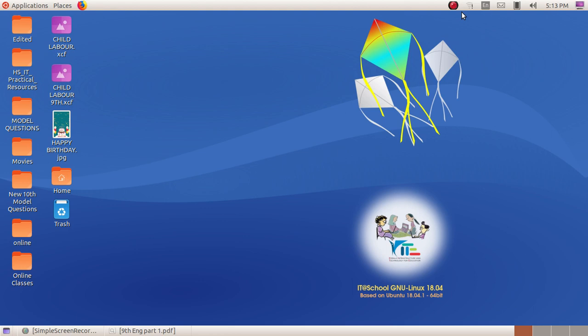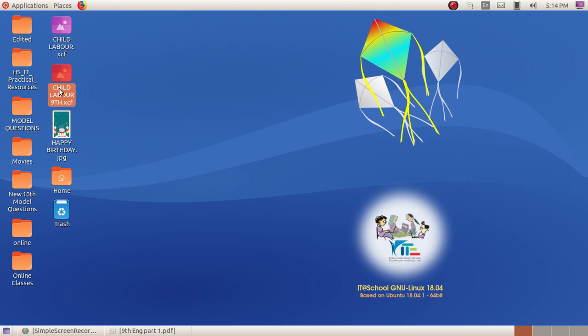Then we inserted the text. Let's open that poster, child labor ninth dot xcf. What do you mean by xcf? Yes, eXperimental Computing Facility, the default image format of GIMP software.